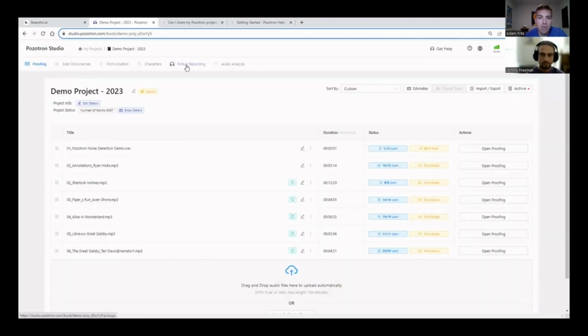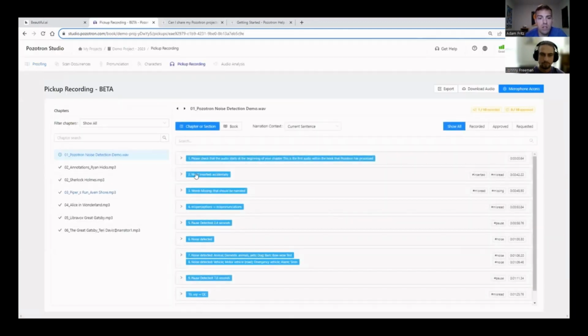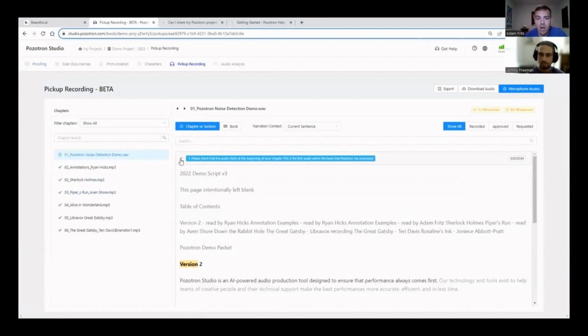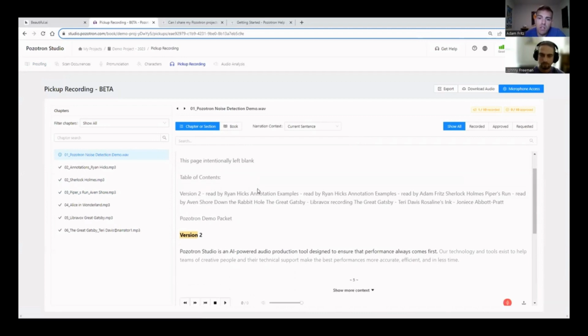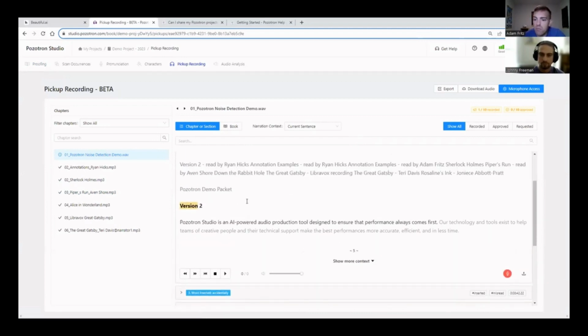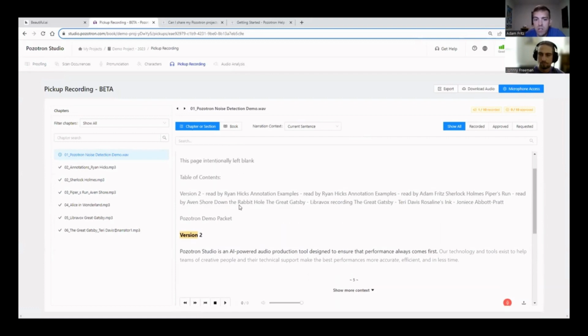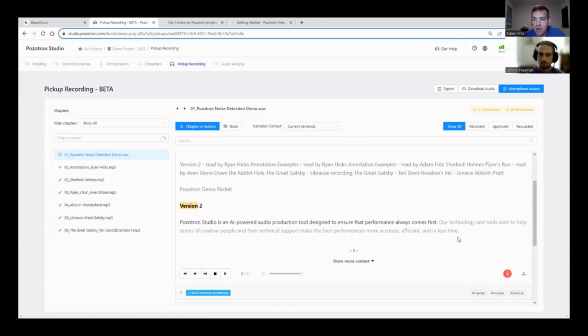We've just made a ton of improvements to this, and we are really going to start making a push on having more people use it, because it's a little bit of a hidden feature right now that not a lot of people are using. The goal here is to make the communication and recording of pickups much easier and much faster, specifically in remote recording situations. So this will automatically pull all of your pickups in here. You can either record them using Pozotron, or you can just upload that file, and then all of those pickups can be, as you can see,